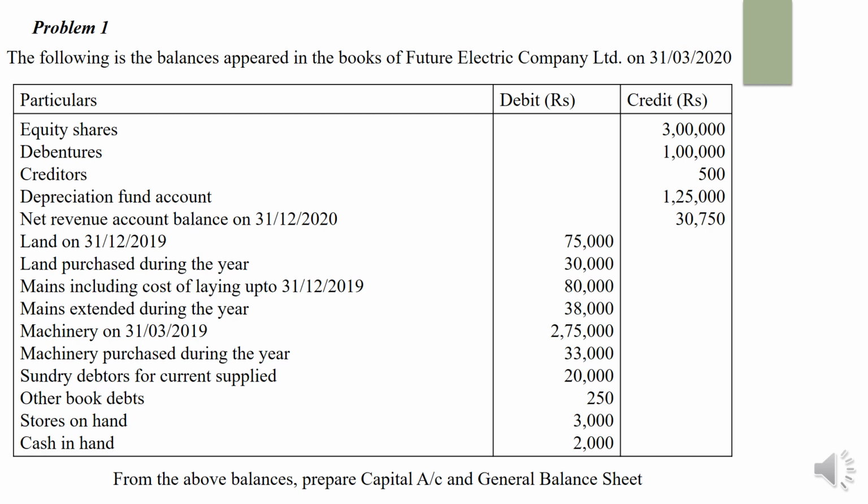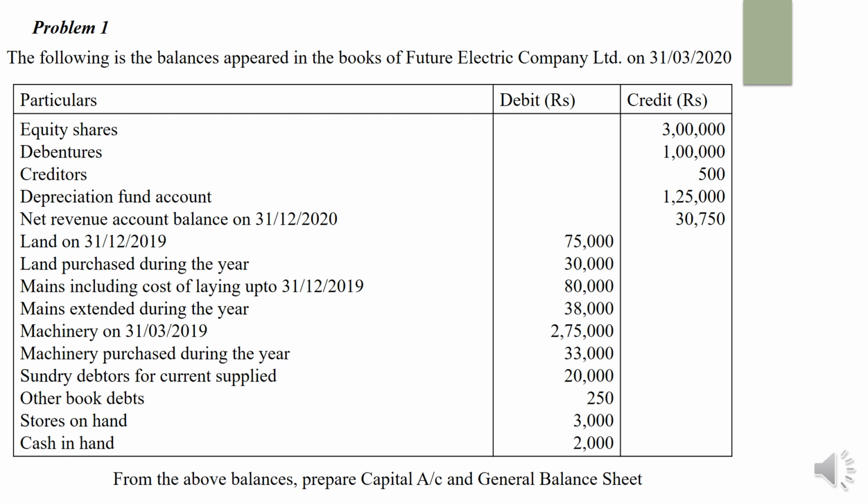Then land purchased current year, so this goes to the expenditure side of the capital account, and land purchased during the second year, this year, goes to the second column of the expenditure side. Of course, as you all know, there are 3 columns in the receipt side and 3 columns in the payment side. The first one is particulars, next one is purchased till the beginning of the year, and purchased during the year, the second column, and the last column is